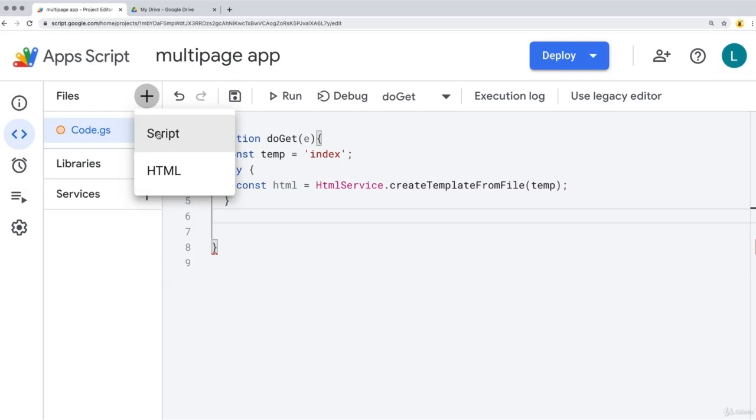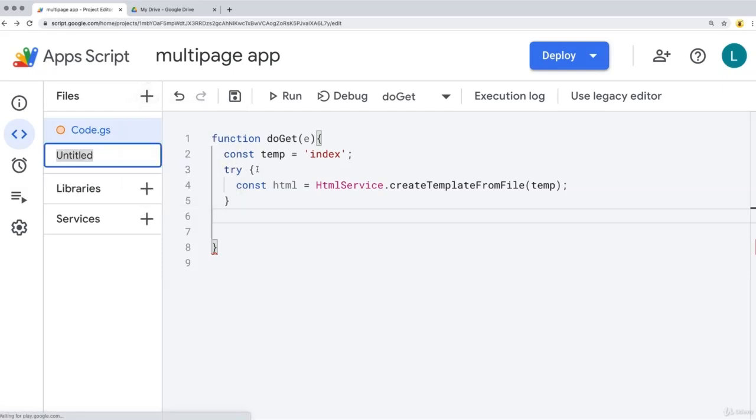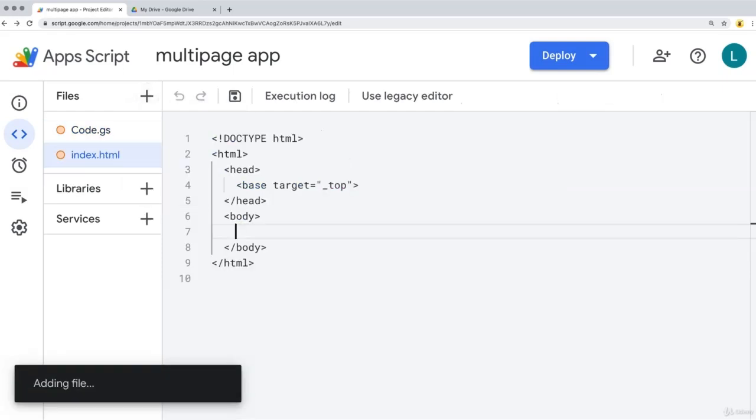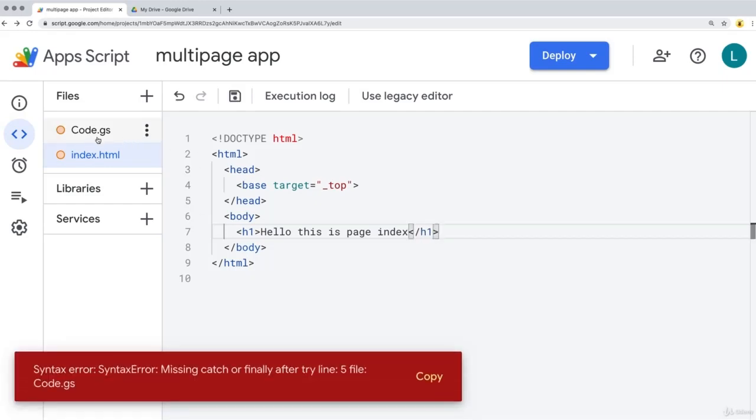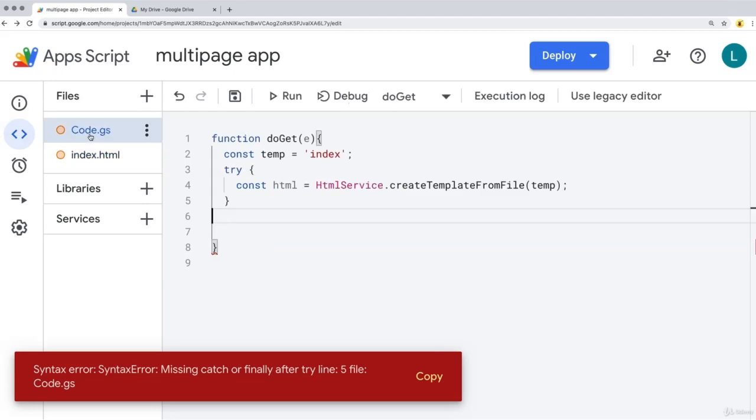And within the script, we're going to create a new HTML file and give this a name of index. And then within this HTML file, we'll set up the h1, "Hello, this is page index," and then close that off. Let's go back into our